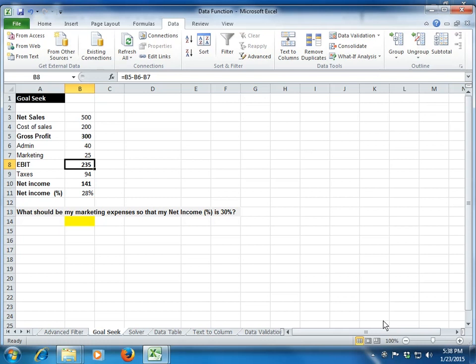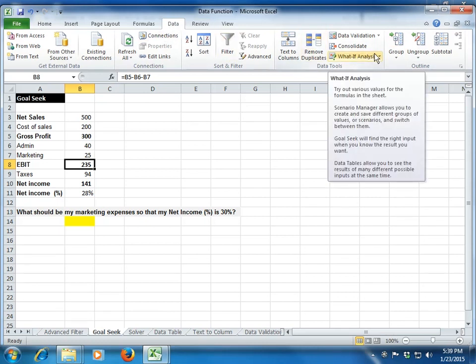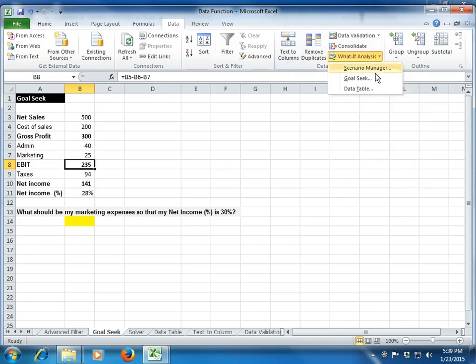Analysis. So what-if analysis: if you go to the Data tab, you see this command called What-If Analysis, within which we have certain different functions. We will also cover the data table today. So we'll cover Goal Seek, we'll cover Data Table, and we'll cover something called Solver. We'll see what the Solver is and how to add that as an add-in. Okay, so let's start with the Goal Seek function.